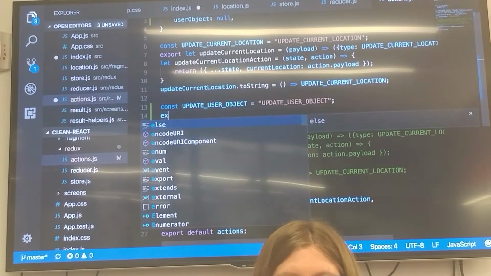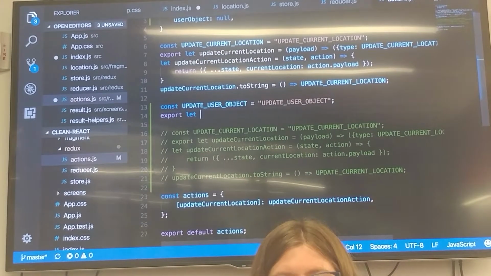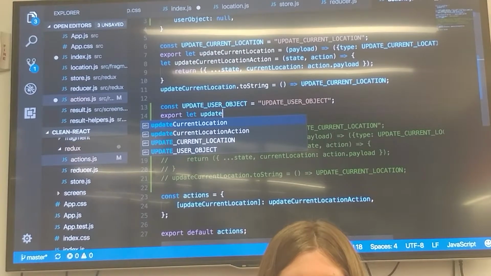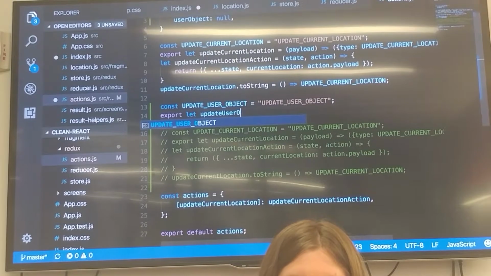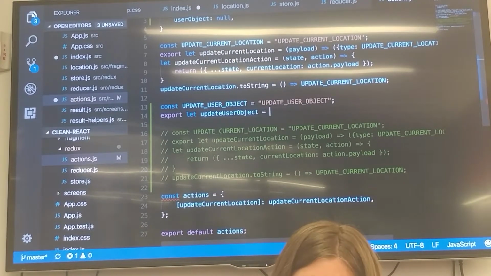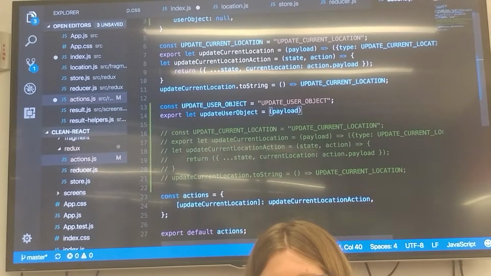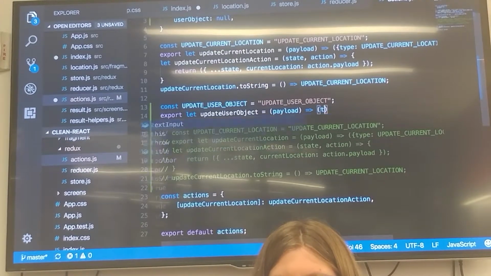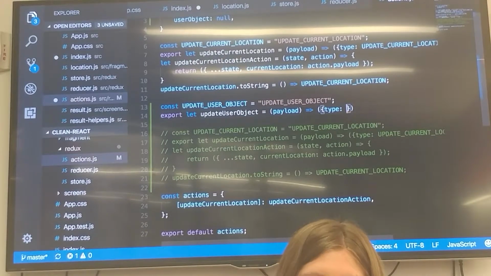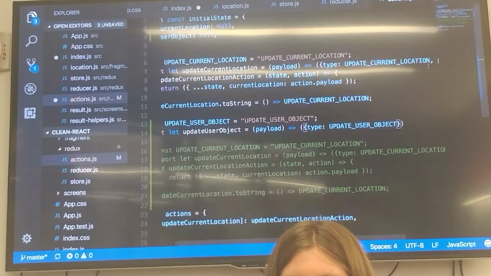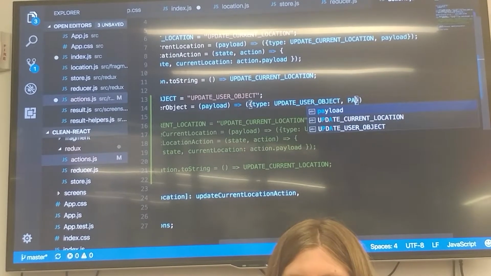and then we export, because this is the thing that when we hook it up, and I'll show the connect function, and I call it basically the same thing, update user object equals, so it's going to take in a payload, probably the whole user object, and then its type, and you'll notice that this looks pretty familiar, is going to be the string we just made, so we can refer to the variable that we stored it in, update user object, comma, payload,